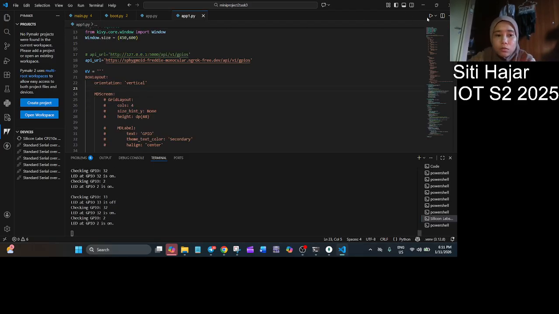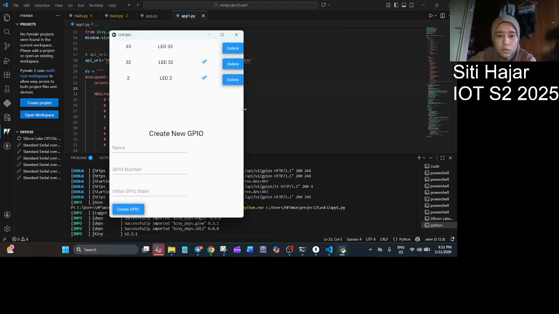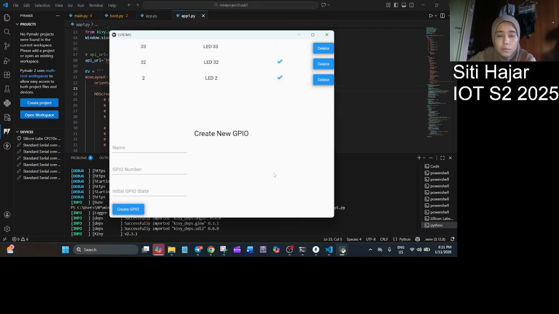So we are going to test it with task 6, which is the desktop application. So run the Python file here. Okay, I already set it up because before this there was no LED 2 and LED 32, if I'm not mistaken, so to make sure only this one is used and not disturbed by other things.